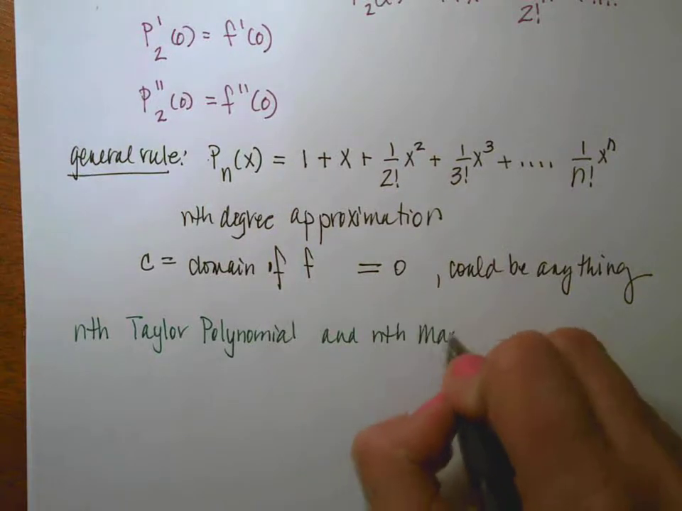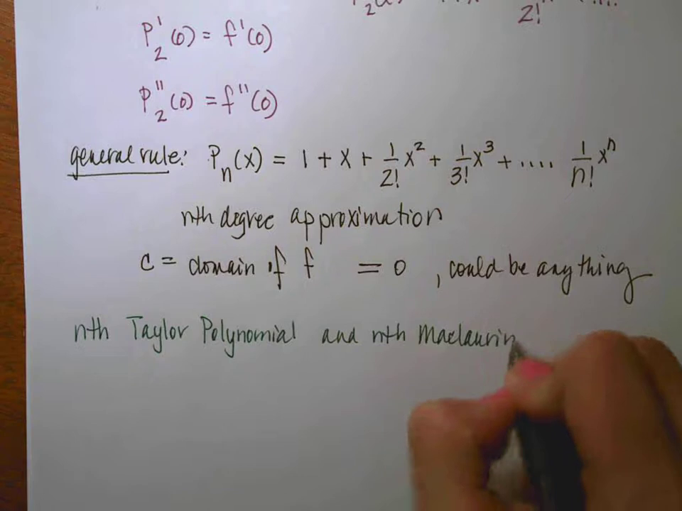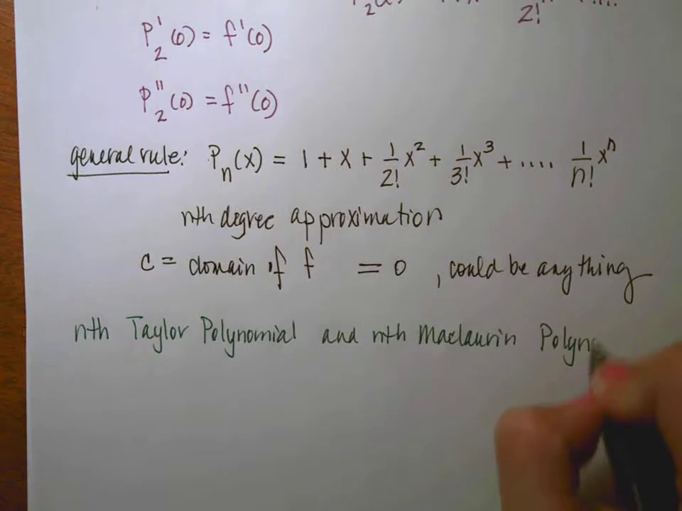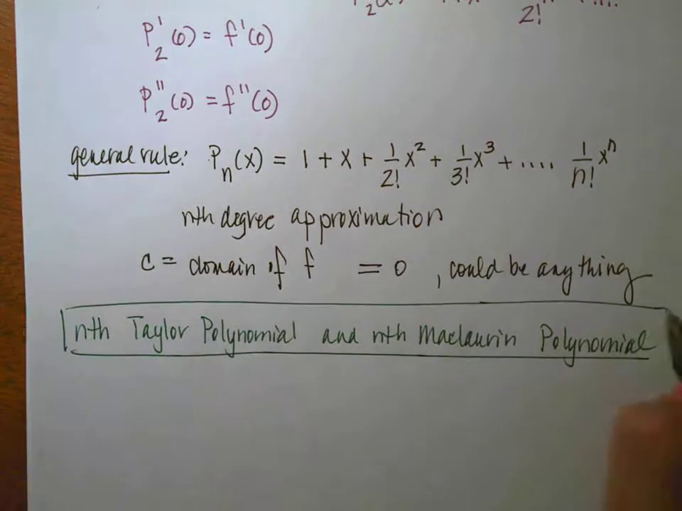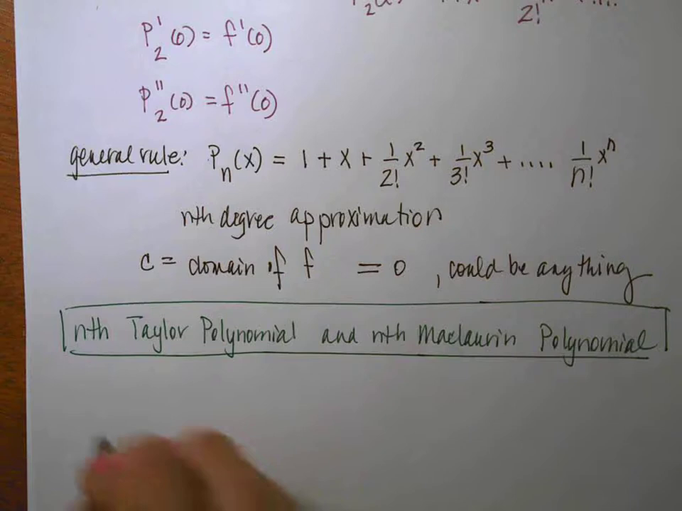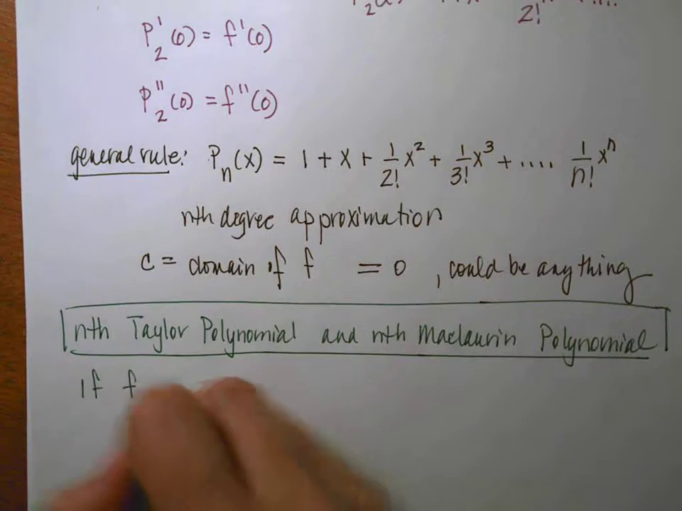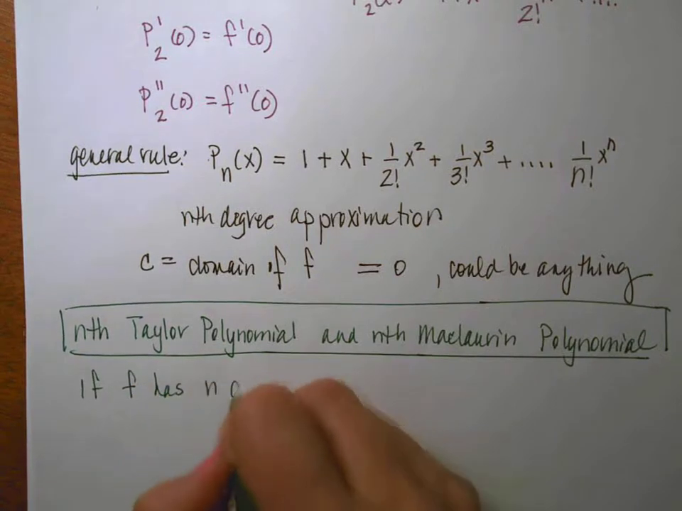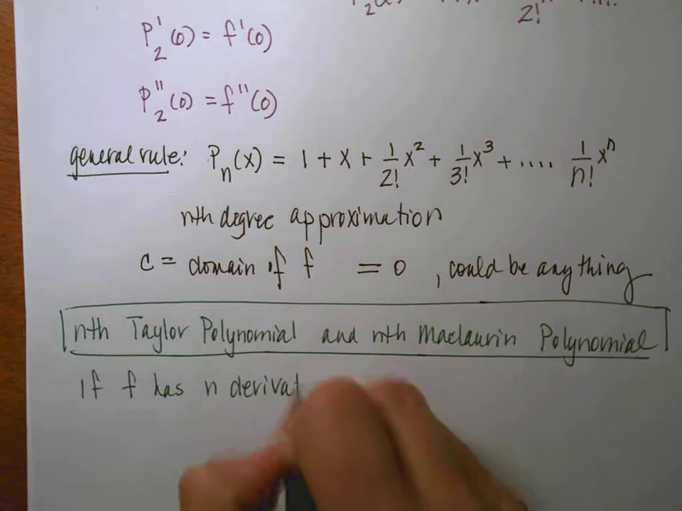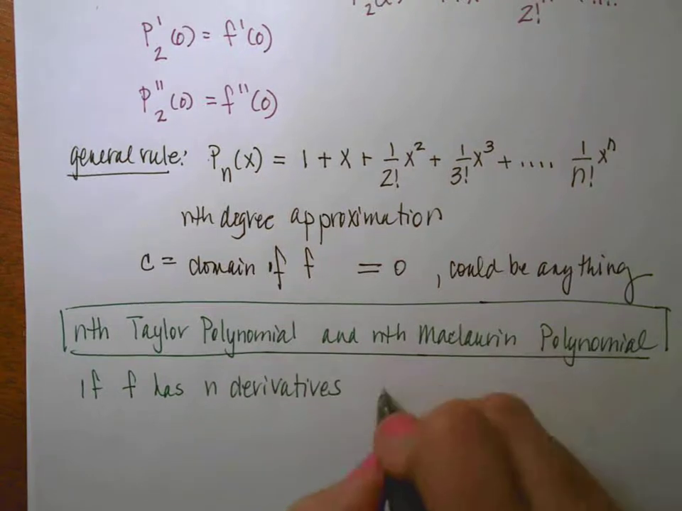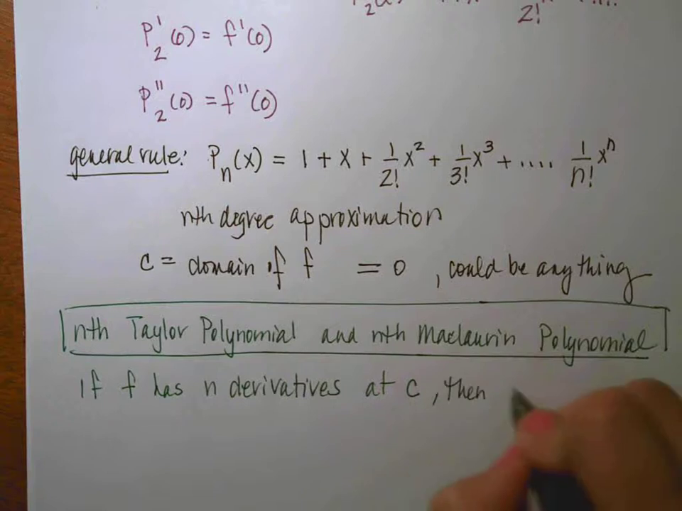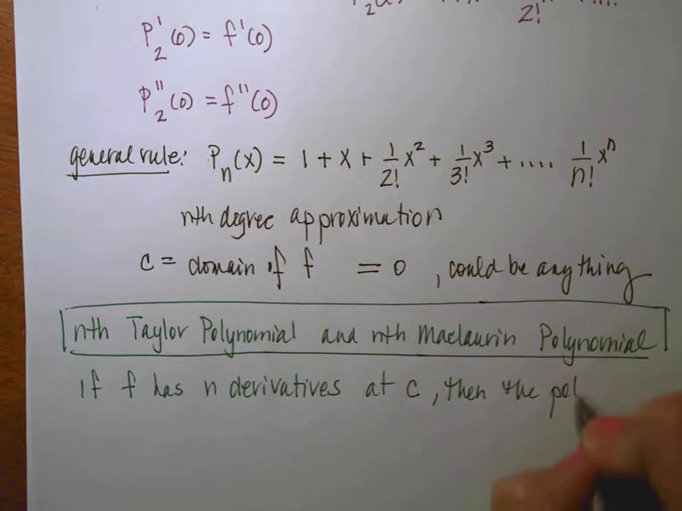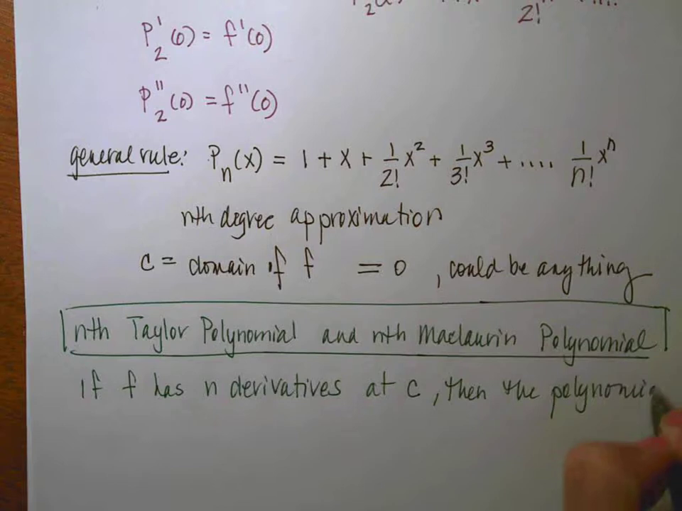And we're going to have an nth Maclaurin polynomial. Alrighty, so this is kind of important. This is going to be our general formula. It says if a function has n derivatives, okay, at a given point c, then the polynomial